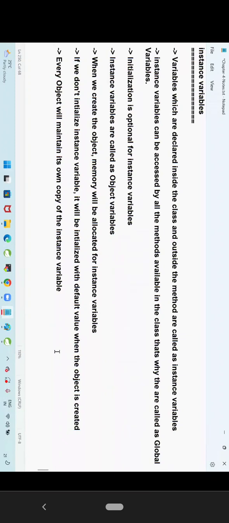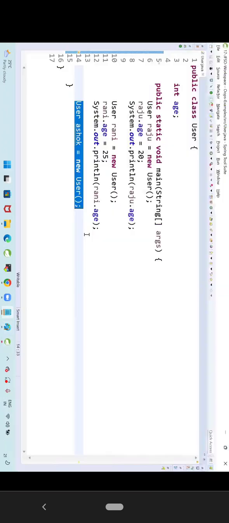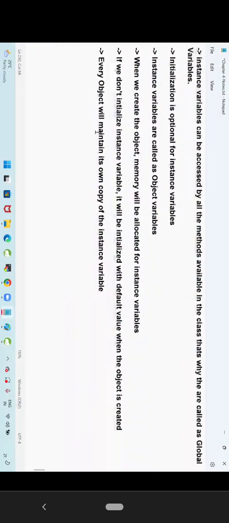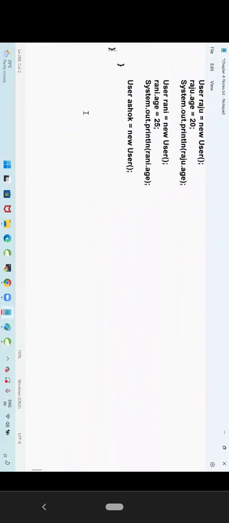Are you clear with the concept now? Good. Okay. Instance variables are also called non-static variables. Alright. Next one, let's go for static variables. The variables which are declared with the